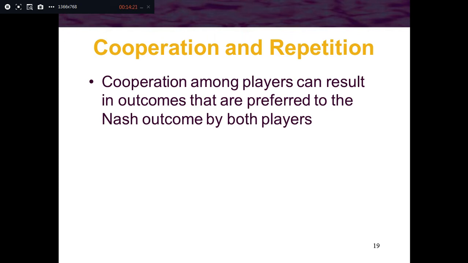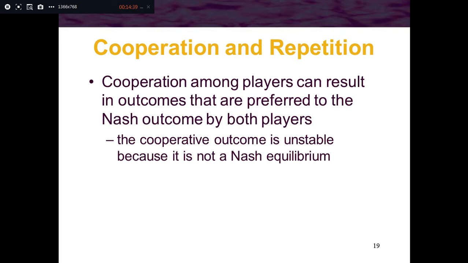እስረኞች መተባበር ይችላሉ ወይ ነው ወይም ሊያብሩ ይችላል ወይ ነው ሁለቱ አንድ ላይ repetition game መደጋገም ይችላል ወይ ነው ይሄ ነው ማለት cooperation among players can result in outcomes that are preferred to the Nash outcome by both players ይሄንም ስላችሁ ፕራይሲንግ ላይ በጣም ወሳኝ ነው ቀደም እንዳልነው እንግዲህ ኦሊጎፖሊ ቀደም አይተናል ለምሳሌ